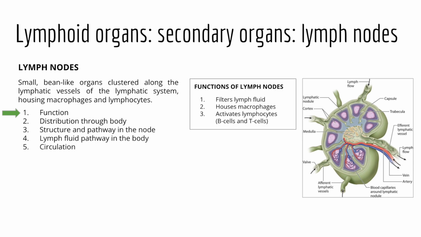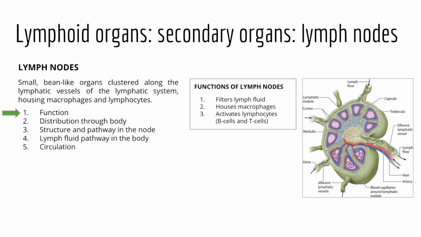Lymph nodes are an important secondary lymphoid organ where they function to filter lymphatic fluid, ensuring fluid is clear of pathogens and cell debris prior to returning it to the bloodstream. Second, as lymph fluid is filtered, the lymph nodes serve a role in the body's immune response, where fluid passes by resident macrophages that are housed in the lymph nodes, such that pathogens and cell debris found in the lymph fluid can be removed through a process called phagocytosis. So first, two functions: we filter the fluid, and we also see the lymph nodes house macrophages,